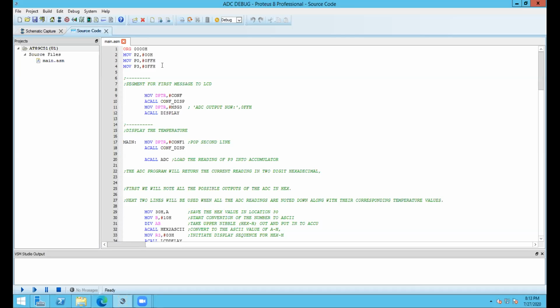This is an input port here. P0 is an output port. P2 is also an output port. Fine. There is a convention to make the input ports high and the output ports low, but right now we are deviating from the convention for the sake of this particular circuit. Anyway, so we will display some message to the LCD.